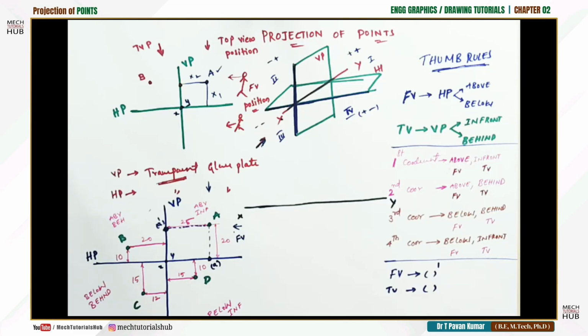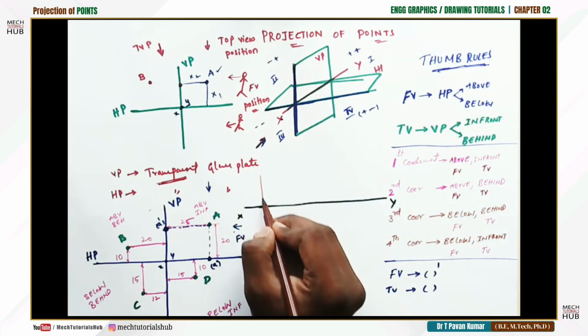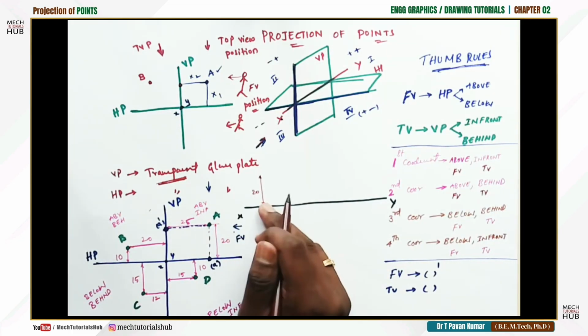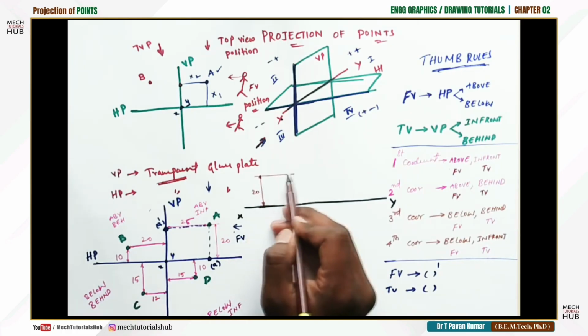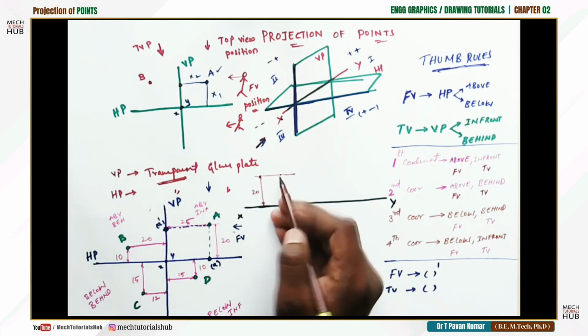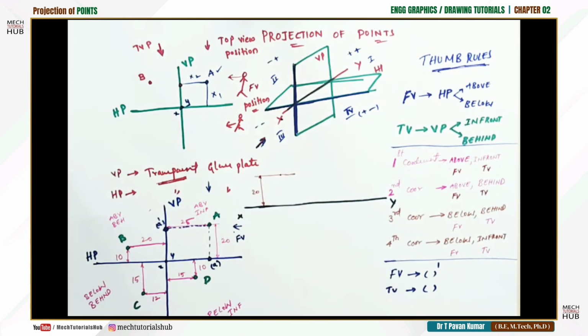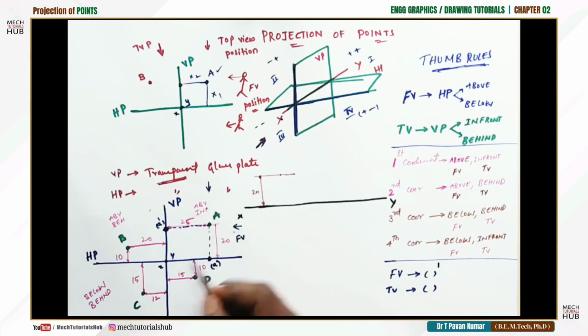Fine. Now I'll try to place these projections on the XY plane. 20 above. Initially I'll draw the 20 mm dimension line first. I'll measure from here, I'll measure 20. I'll draw one locus up to some infinite distance. Then 10 mm away, I'll make a point. Then again, when I view from the top, the projection is going to be on the horizontal plane, and